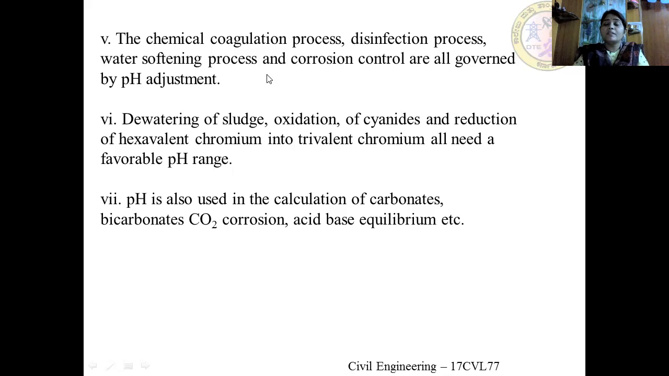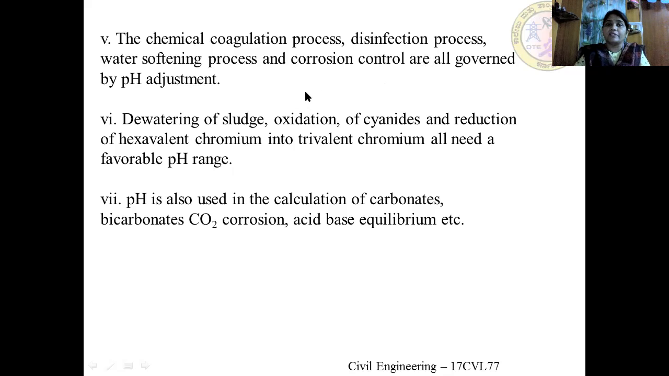In the water softening process, that is, when the water is hard, we go in for softening, which is also carried out under controlled and optimized pH. Then corrosion control. Even to control corrosion, we need to maintain the pH value. If it is acidic, it will lead to corrosion of pipes. So all these need